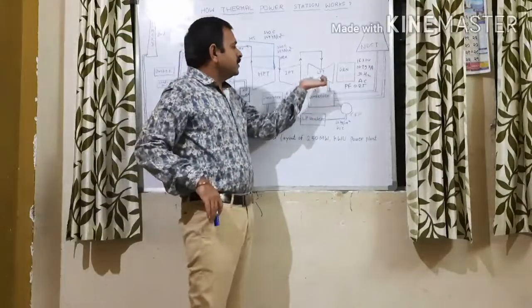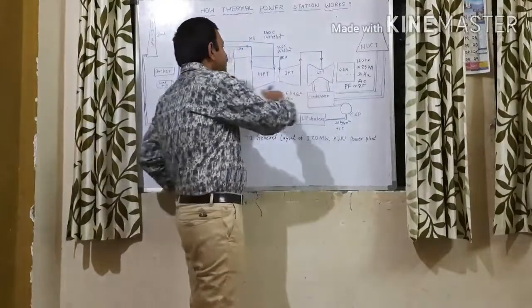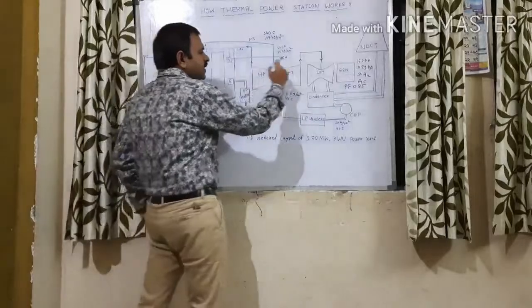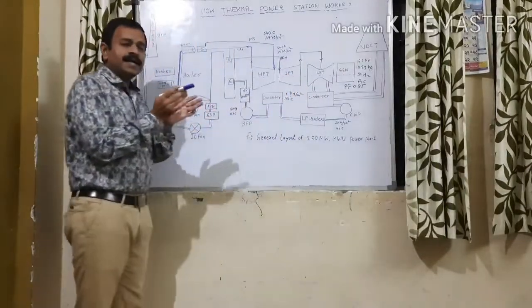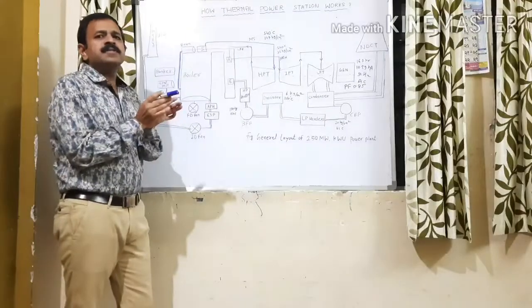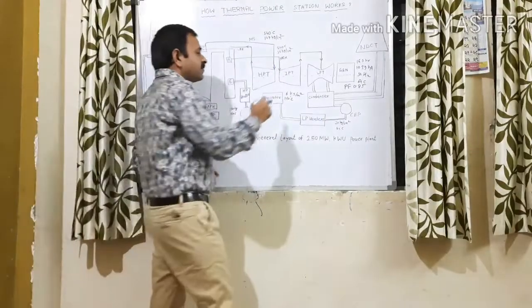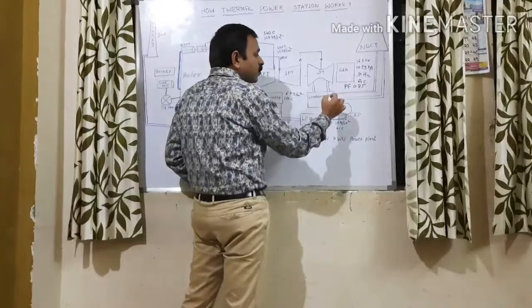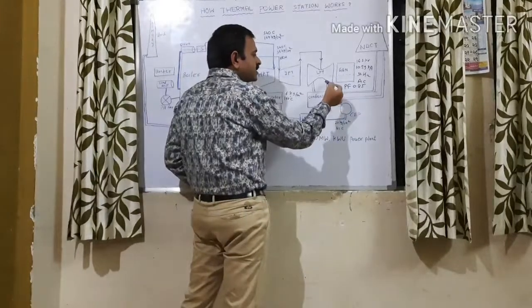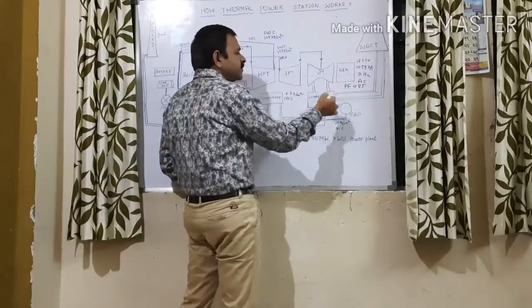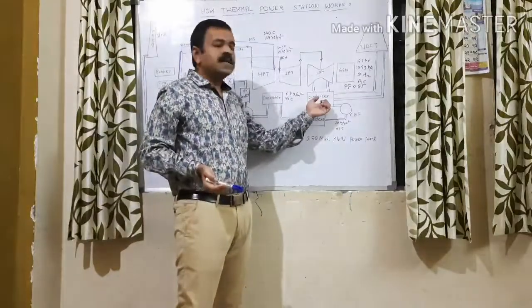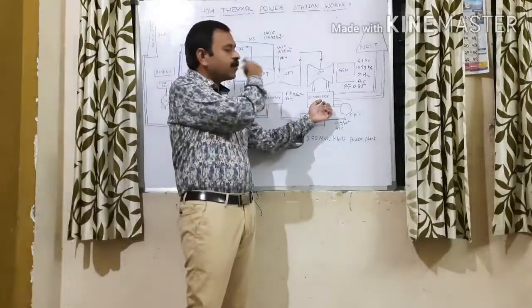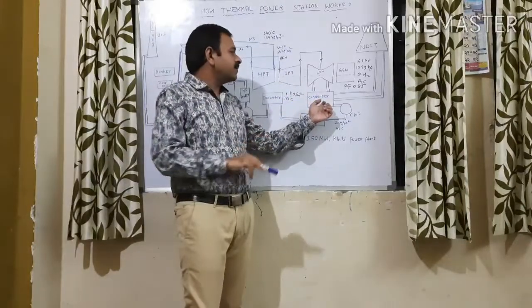Okay, so here after the work done, what will happen? The steam will have done work in this turbine. After the work done, its pressure and temperature will be reduced. It means the steam will be expanded. After the work done, the utilized steam goes to the condenser, and in this condenser, this utilized steam is condensed, means it will become water droplets, and that water is stored in the condenser. So here the total Rankine cycle is completed.